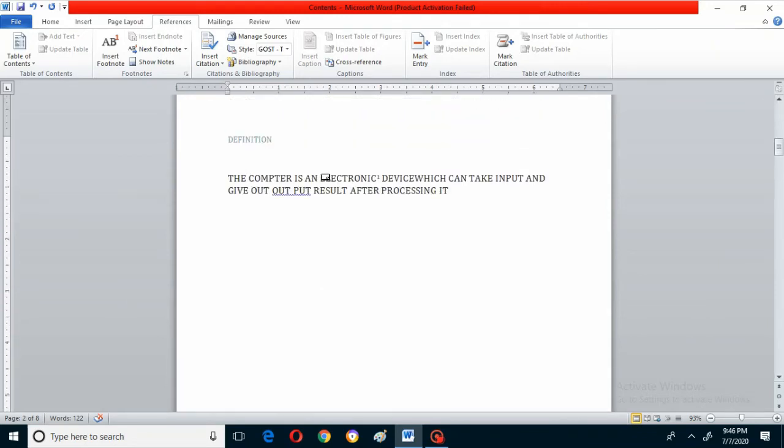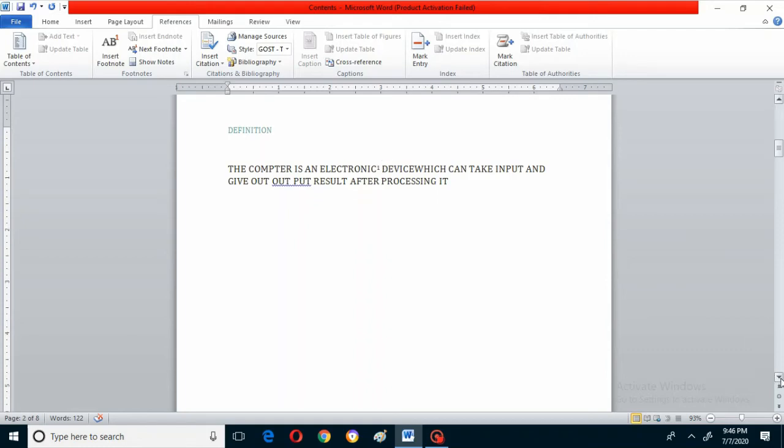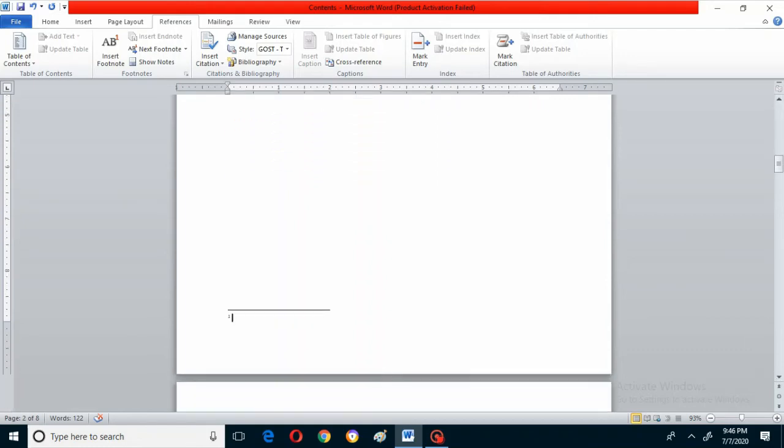See, can you see here it is automatically showing electronic. I have selected 1 here. That means I didn't write any meaning of it. When I write the meaning, it will show the meaning in that box. See, it is showing some box. Now come to the footnote place. Now come here and type the electronic meaning. What is the electronic meaning? Just write something.